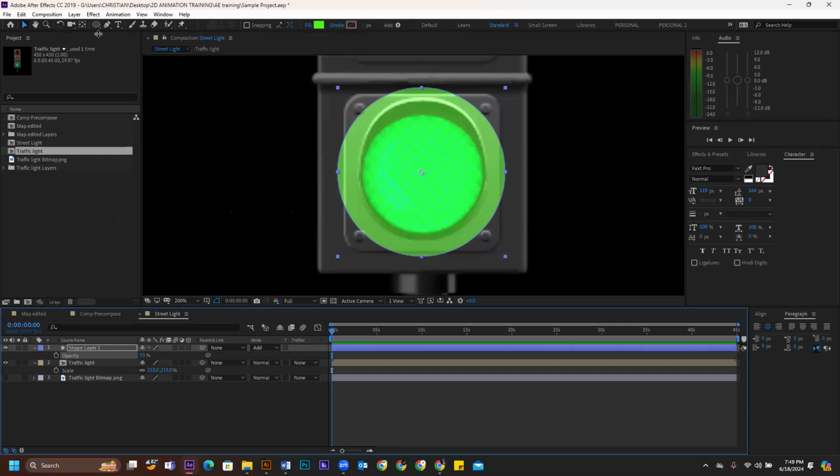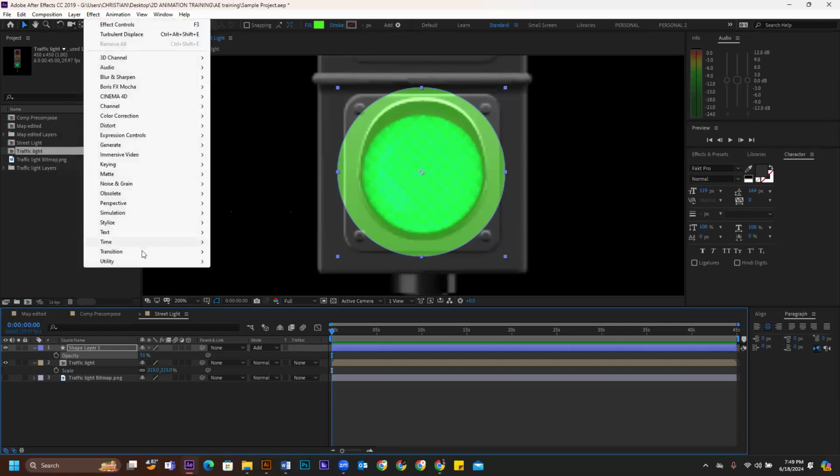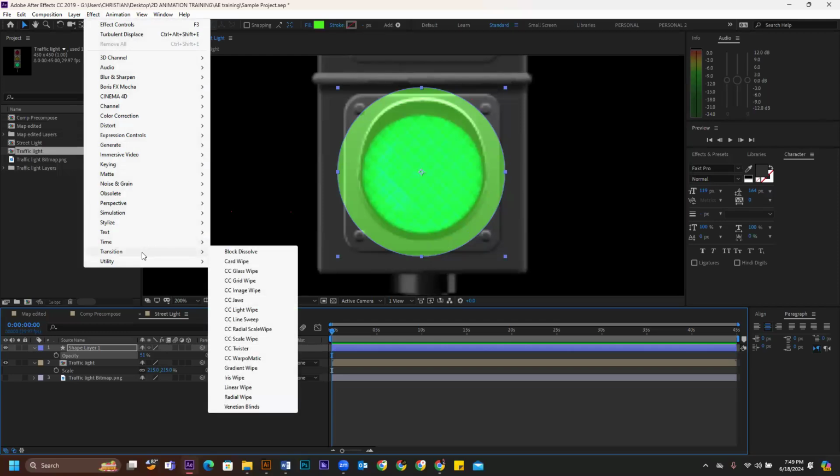Remember, there's what we call the transition effect. I showed you guys that last week. We looked at the grid wipe. I'm sure most of you must have practiced and made use of some of these other transitions we use, so there's the Venetian blinds. You can try it and see how it works. The controls are basically similar. We're going to make use of